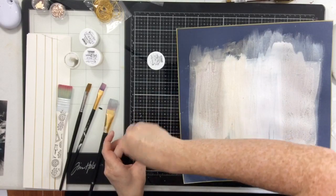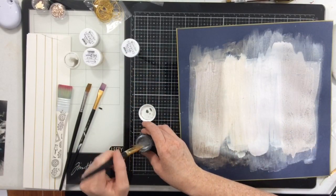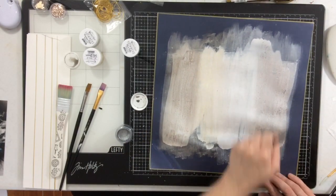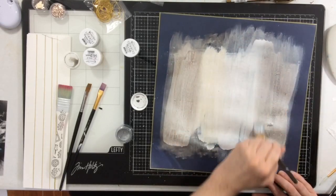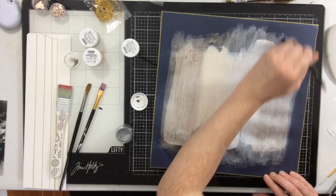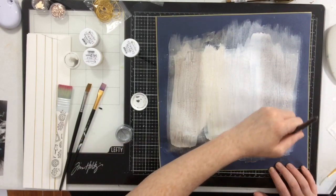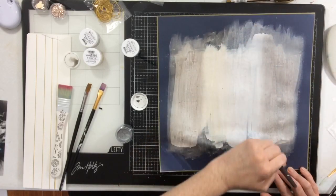Okay, so I'm going to continue on here, just adding layers and layers of paint. Because I'm using the four colors, by the time I get to the last color, the first color is dry enough that I can add another layer of paint. I'm also going to allow this to dry